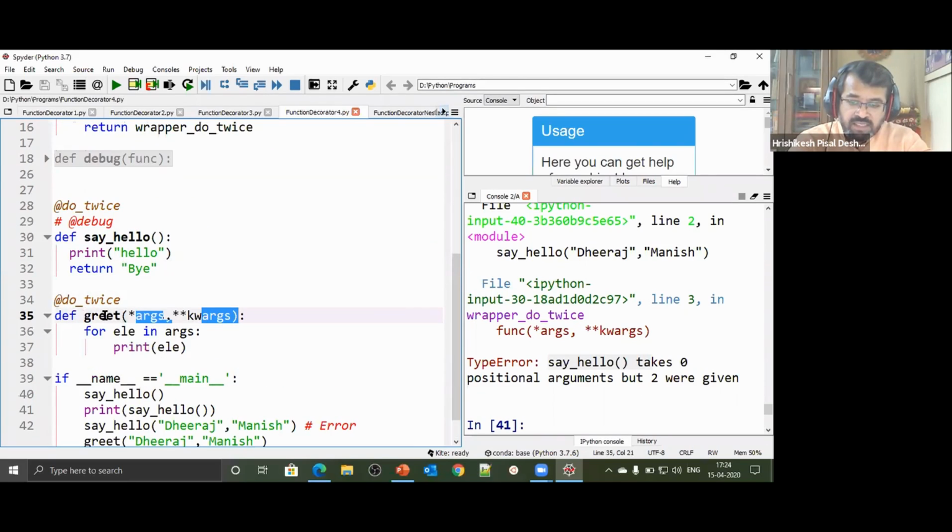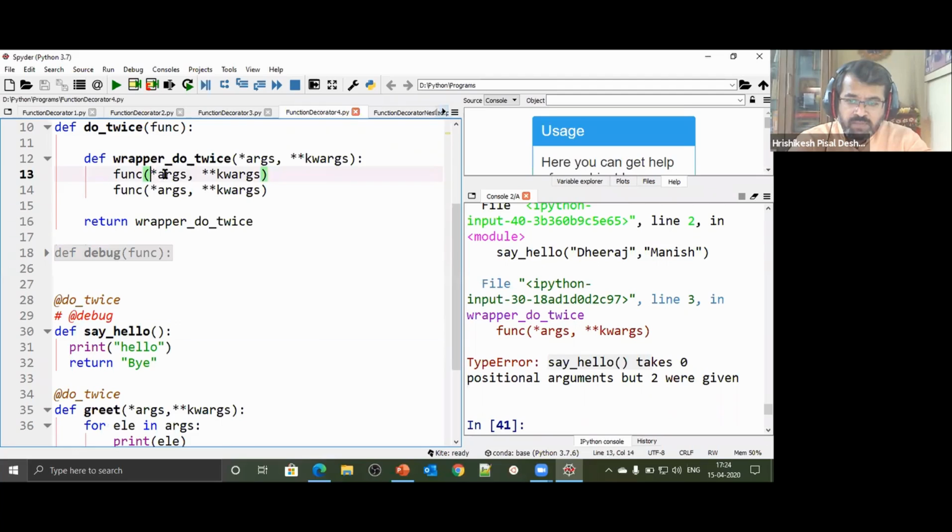This greet takes in some arguments. Say hello does not take in an argument. Now, when I'm saying say hello doesn't take in an argument, that's okay. Here, when I'm passing *args and **kwargs, these are an arbitrary number of arguments, 0 to n arguments. So it's as good as saying I'm not passing any argument. So even with this say hello, if null is passed to it, there is no issue. No argument is passed to it, no issues.